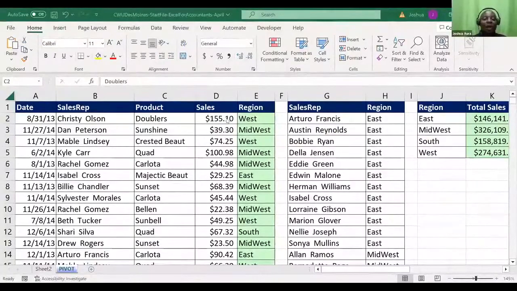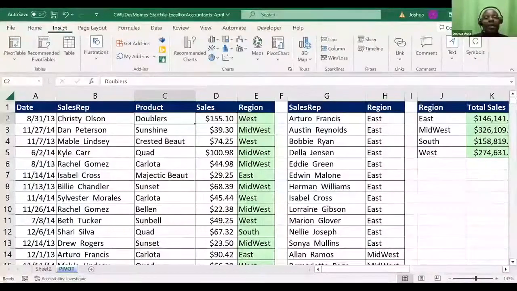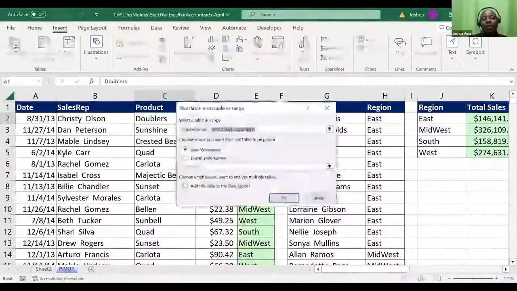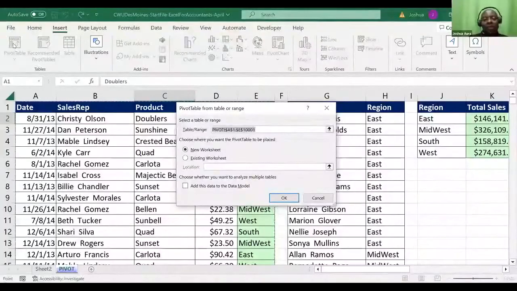You guys are bright. What they are telling me is that, Mwalimu, just click anywhere inside, and then you come and say insert. When you say insert, you can see pivot table here. I want to insert a pivot table. After I say insert pivot table, I can see some pop-up window. Once I see this pop-up window, what will be the next thing that I need to do here? After I say insert pivot, I can see there is a new pop-up window here. Thank you so much.